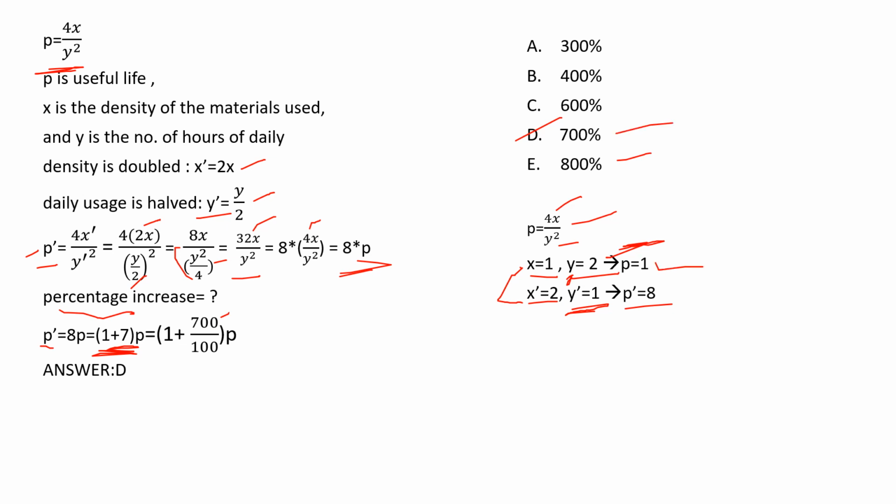Okay, so when you're checking for percentage change or percentage increase, it is very convenient to assume values and just be on the lookout. Say if you had assumed y as 1, to convert it into half and then again calculate the value of P would take you a bit longer. So you have to be smart that way while choosing the values which you are initially selecting. You will end up getting the right answer surely, but it might take you longer. Okay, so those were 3 questions on